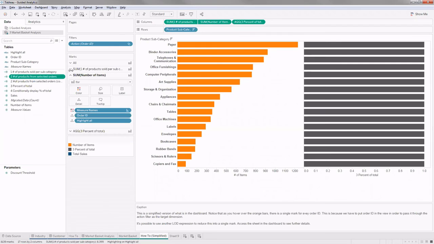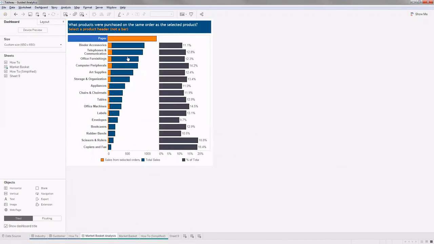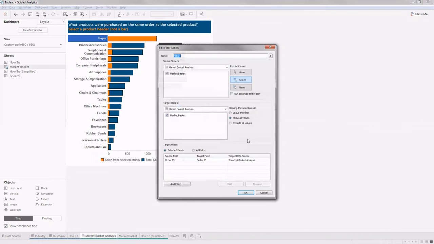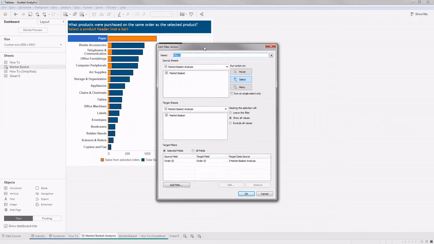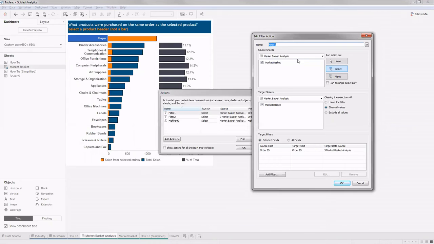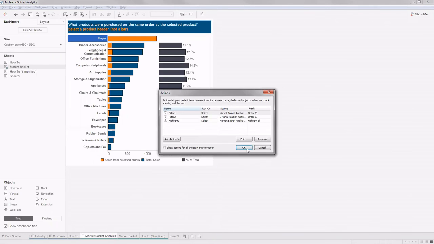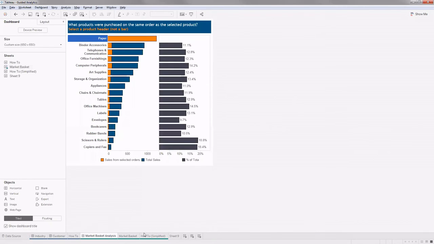What I'll do is I'll just create a dashboard with that particular view, and I'll come to actions and I'll add a filter action. And here the filter action is working. As I said, since we have only one sheet, it's working on the one sheet to one sheet only, and we are putting this order action to work on order ID. Now that action, basically what will happen is...